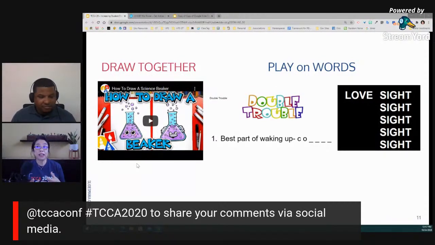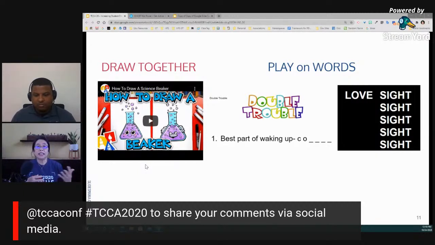And depending on your subject, you can use it as a great way to introduce your unit, right? So this is obviously more geared towards science. But even if you cannot find a video, you can always come up with great ideas. So, for instance, for math, you could have them draw a pie with slices and then discuss fractions, right?